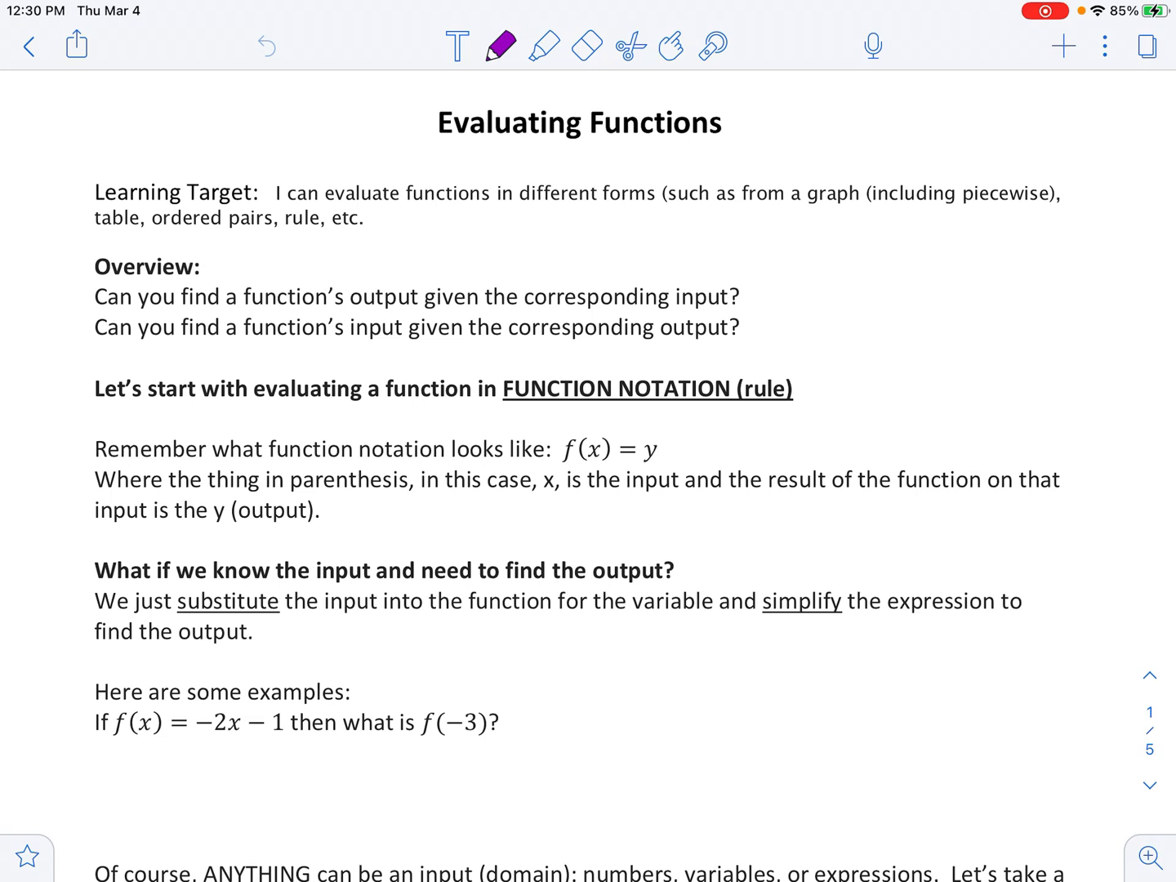So what does it actually mean to evaluate a function? Well, to evaluate means to bring a value out of the function, right? So what are the two values that we could possibly be talking about with a function? It's either finding the function's output, if you're given the input value, or finding the function's input if you're given its corresponding output. So we're going to take a look at how to find those two things, inputs and outputs, of a function